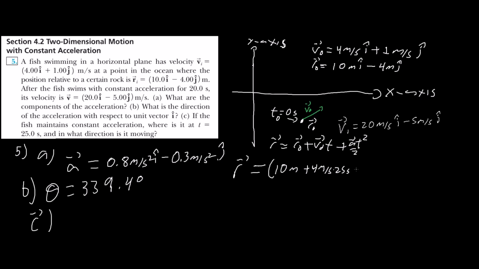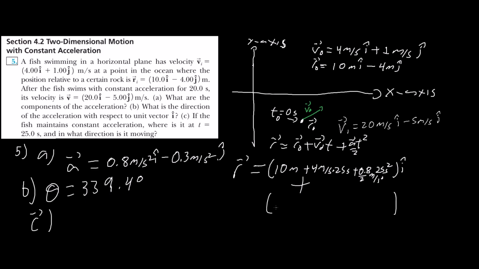I'm just going to put the whole thing in there because I'm getting really tired of these problems. Plus 0.4, in this case, 0.4 meters per second squared, times 25 seconds squared. That's going to be in the i hat direction, and I'm going to put the j hat underneath here. Plus,